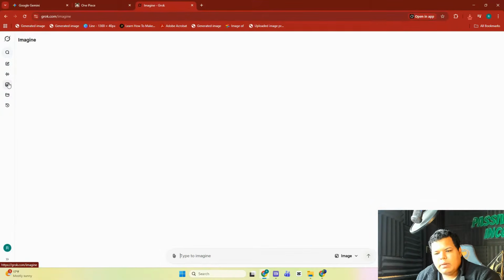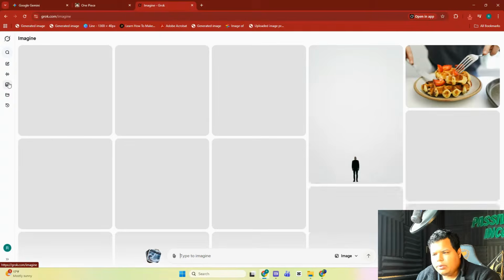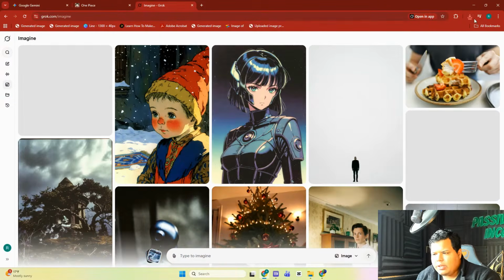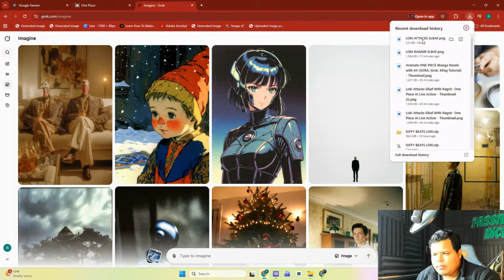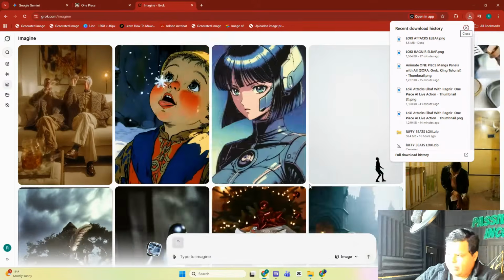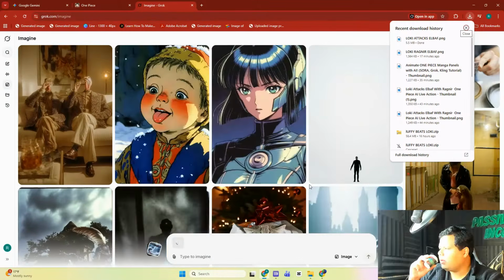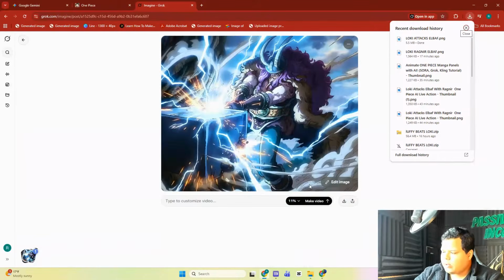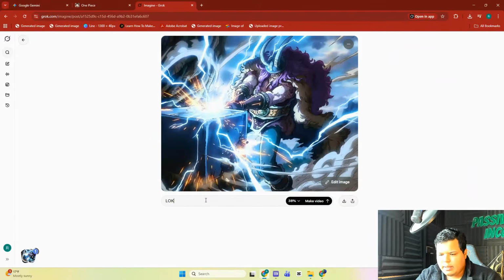Now, here in terms of Grok, all you need to do is click on Imagine. And as long as you've got the image which you want to animate, you just need to drag and drop it. And so that's what I'm doing, dragging and dropping. All right, so having dragged and dropped this image, I need to type something to customize. Loki hits Elbaf with Ragnir. I could also add no music, no camera movement. I'll hit enter and then I'll just say